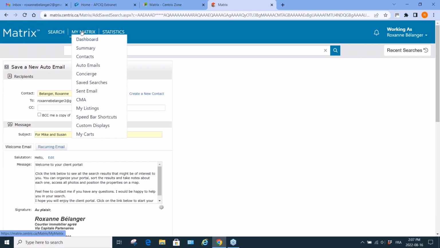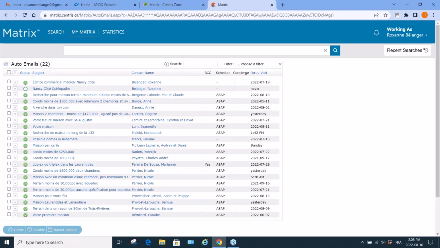So what happens when you save an automatic search? I will show you some of mine. They're called auto emails. So I'll show you all the searches that I have going on right now. So these are all my searches for my buyers. You will notice some of them right here. Nicole has 4 different searches. Why? Because she's looking for either a condo or a house, but the price is different for both items,